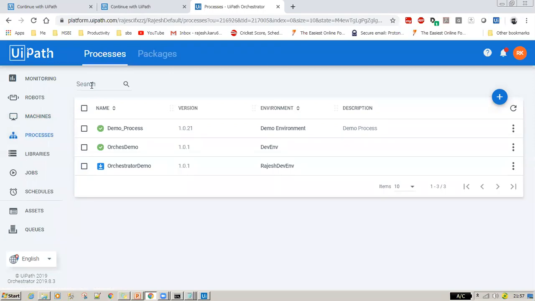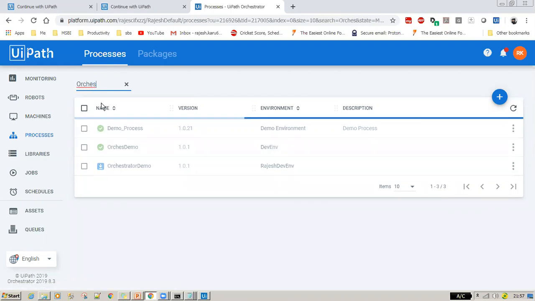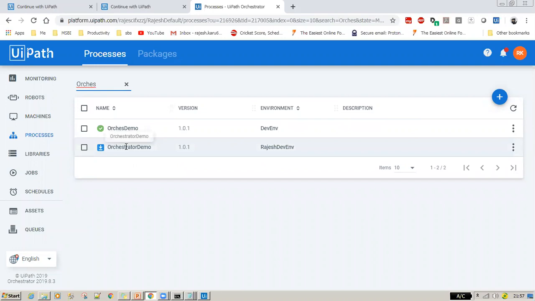And always, if you want to search in your project, because here as of now you are showing only a couple of processes, but it can be hundreds and thousands also. So what you do is just type your project name. That's all. Whatever you publish, see, my project name is orchestrator demo. You see, guys, there is a solid little green tick mark.